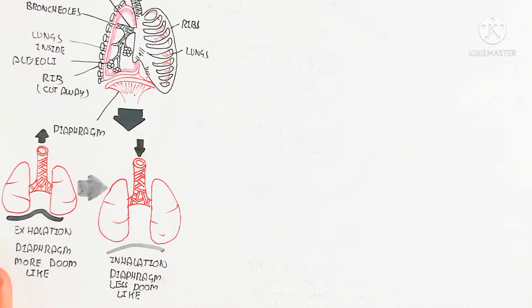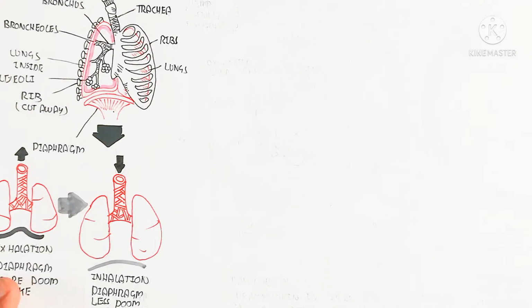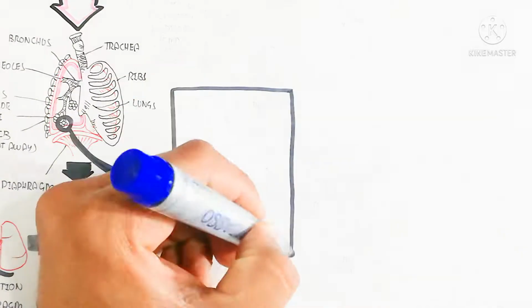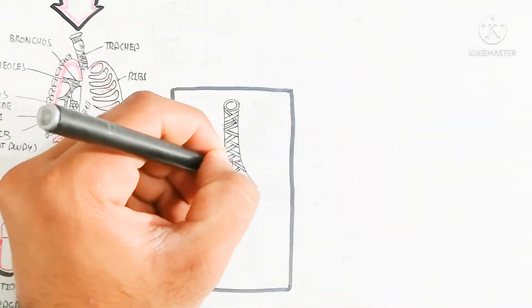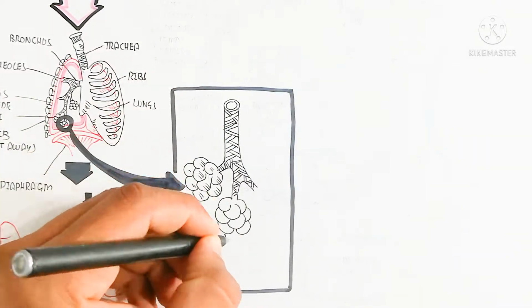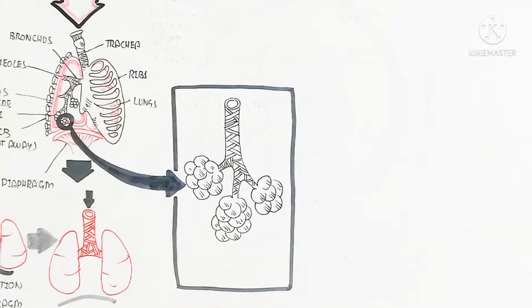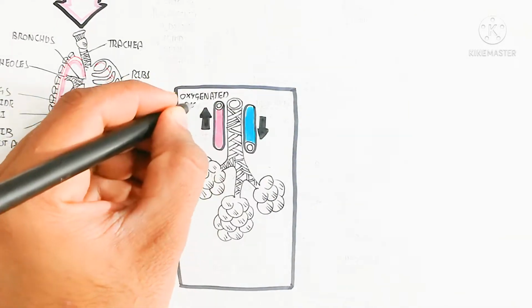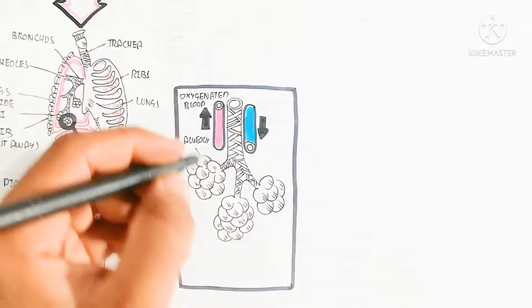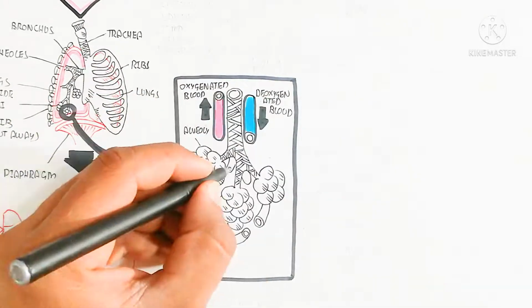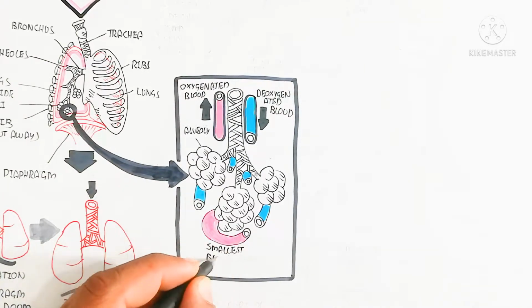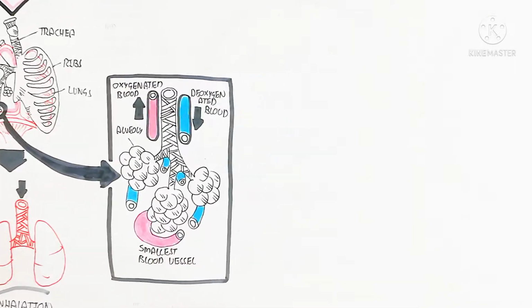For example, the sympathetic nervous system will stimulate more breathing and more diaphragm movement, less dome-like and more dome-like, for breathing out and breathing in, for more blood circulation for oxygen and carbon dioxide exchange. The major mechanism and major function of the respiratory system in humans is respiration and breathing for the exchange of gases. For example, here the oxygenated blood will